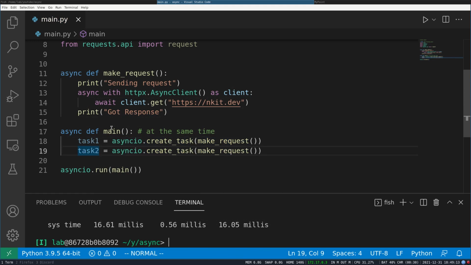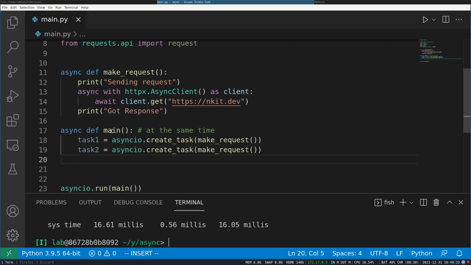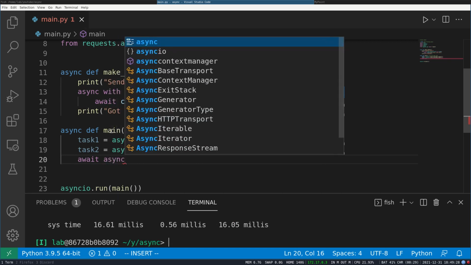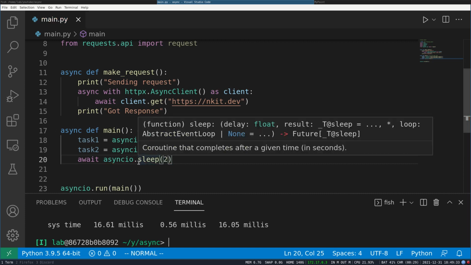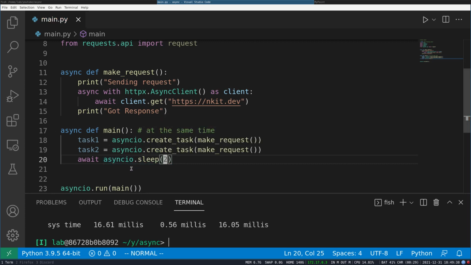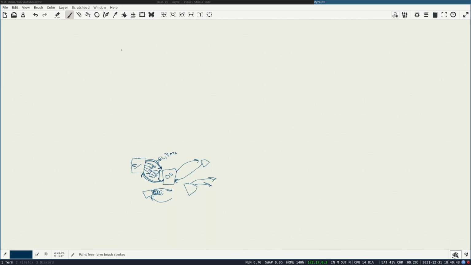Yep, so we have task 1, we have task 2, and let's say, well actually it might be a little weird, let's say we sleep for 3 seconds. You will also see that this is async sleep, which is different from our normal time.sleep, because async won't block, right?